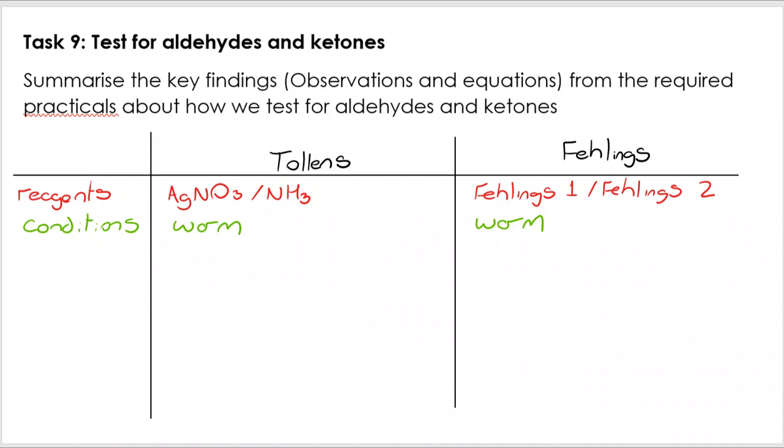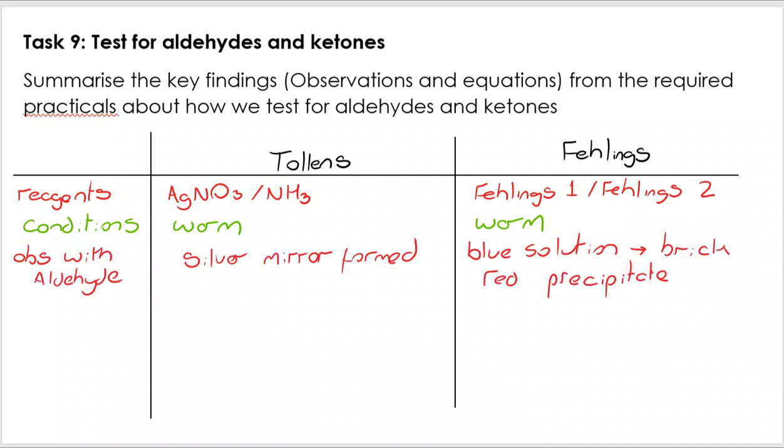In terms of the conditions, we warm them. We do these in a water bath. And then we look at the observations. Now for Tollens', we will get a positive result. A silver mirror is formed on the surface of the test tube. The Ag+ is reduced to Ag. Now by reducing it, it's acting as an oxidizing agent, and we are oxidizing the aldehyde to become a carboxylic